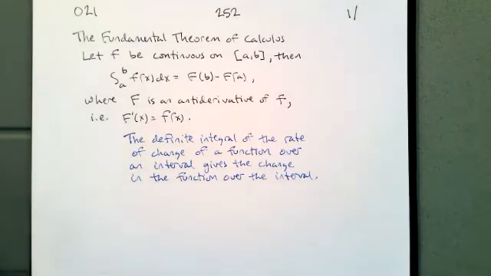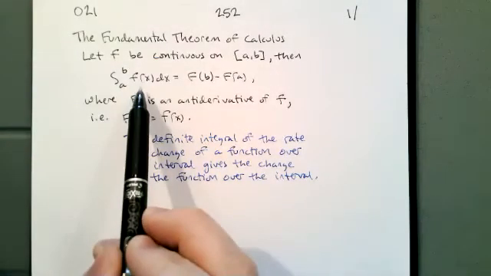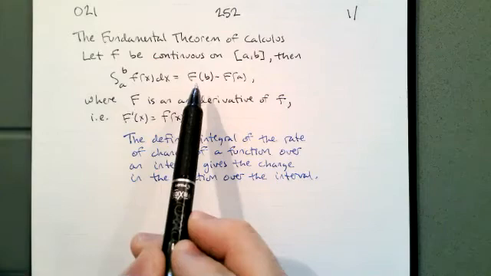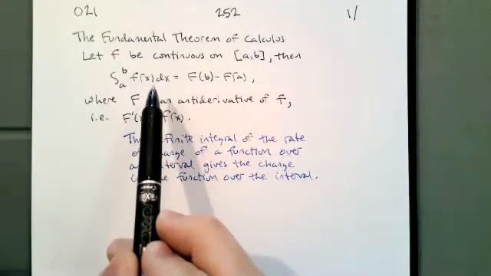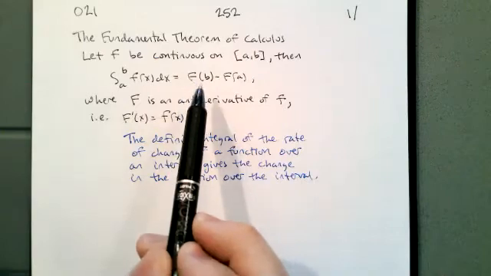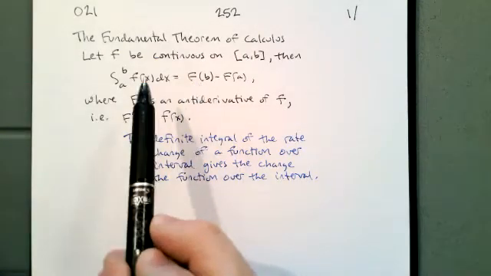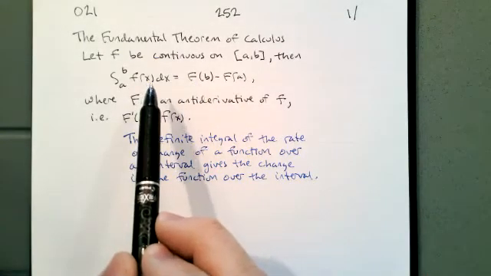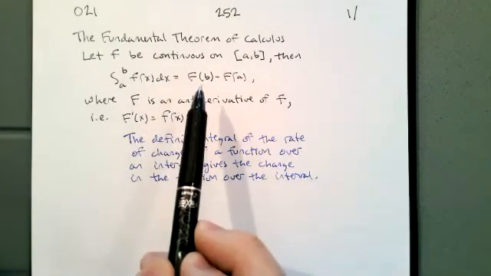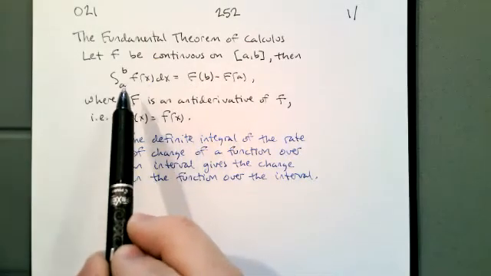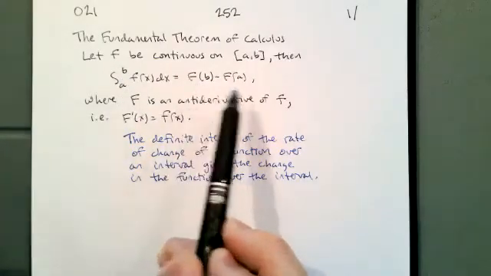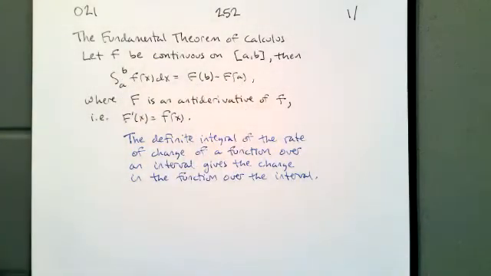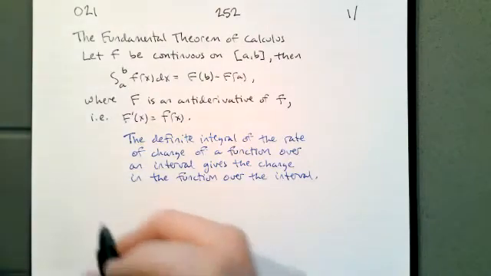So what this means is that if we integrate a velocity, that will give us a change in position, because velocity is the derivative of the position. Velocity is the rate of change of position. So if we integrate the velocity between two times, that will tell us the change in position over that time. So for example,